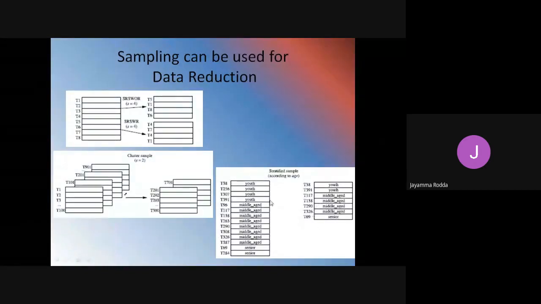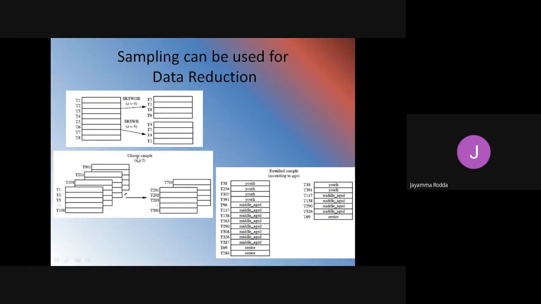The sampling is done on only 2 youth values, 4 middle-aged values and 1 senior citizen value. That means 7 tuples are considered as the sample from the stratified sample, according to the age. The sampling is done according to the age here.